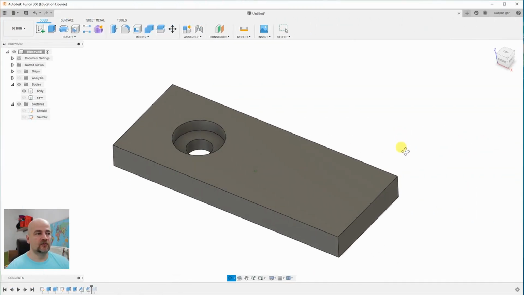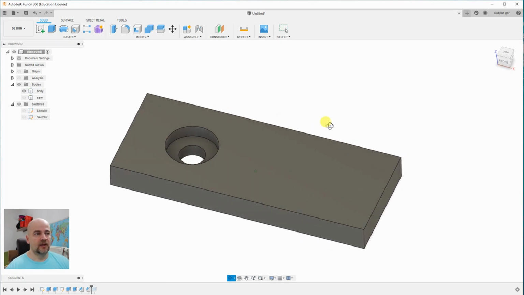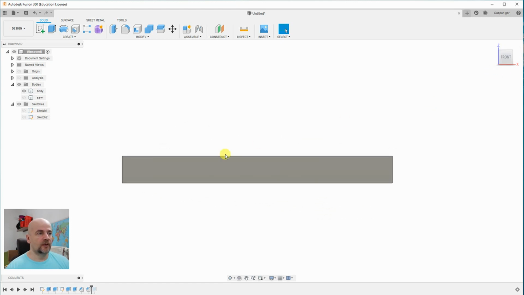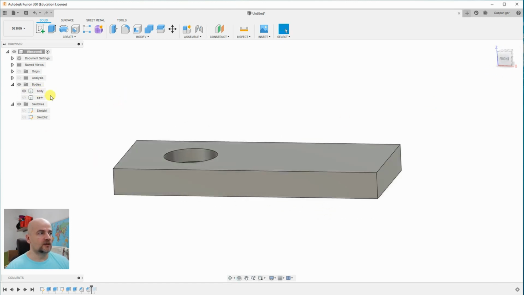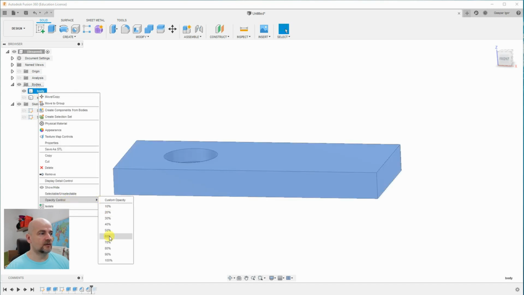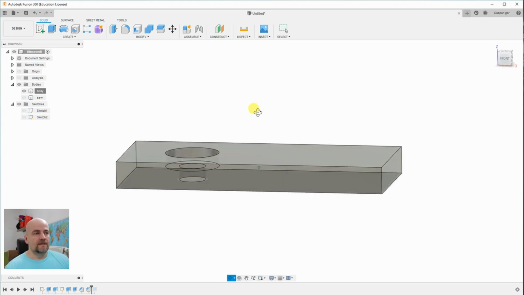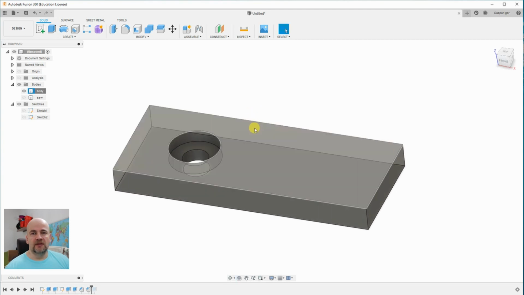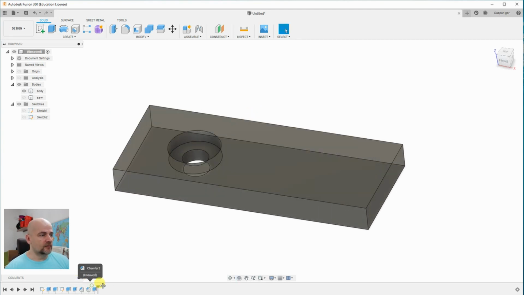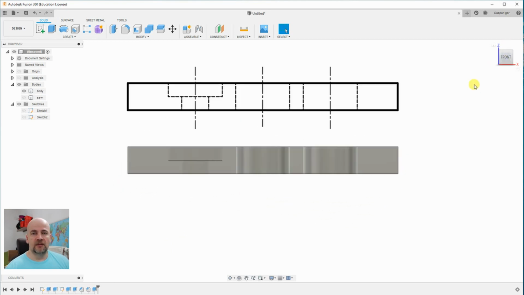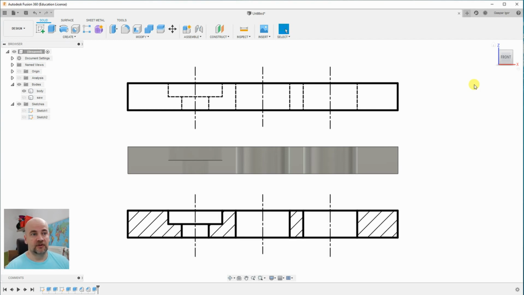Here we have a simple box with a hole inside. If you want to draw this in front view, we cannot see the hole, but we can use hidden lines. Then we can see a little bit what is in that hole. But imagine that we have a lot of holes here, and then using hidden lines may be a little bit confusing, and in this case we would like to use a section for this.